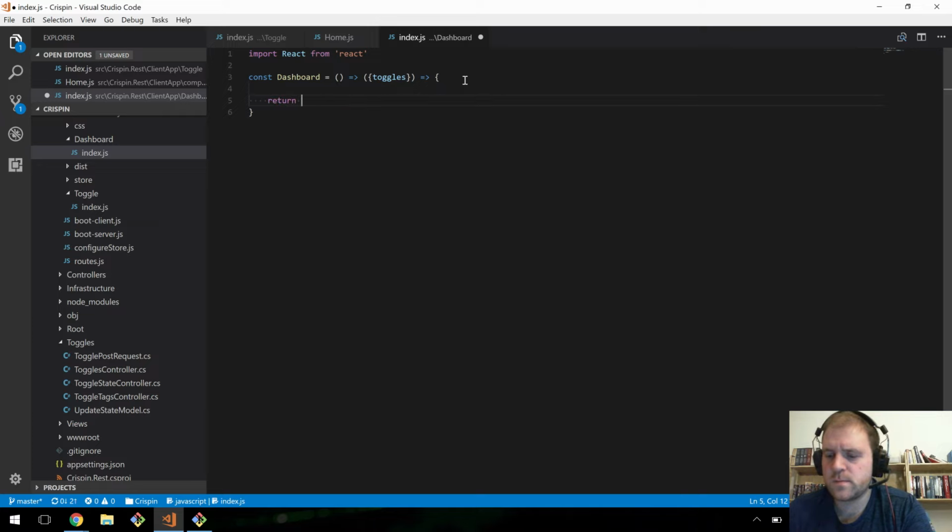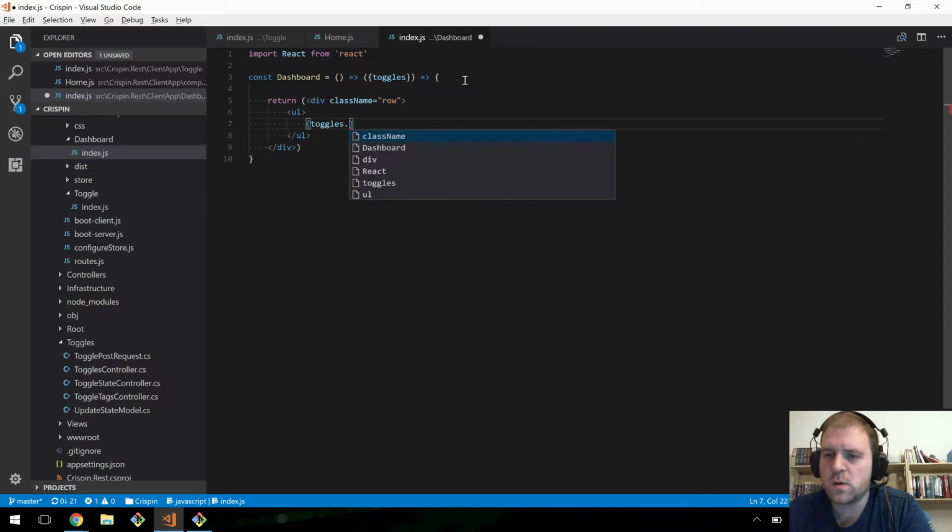Return, I don't really know, probably a div with a class name of row, I guess, maybe. And we'll then inside that put unordered list. And inside that we shall do something with our toggles, which is going to be toggles.map